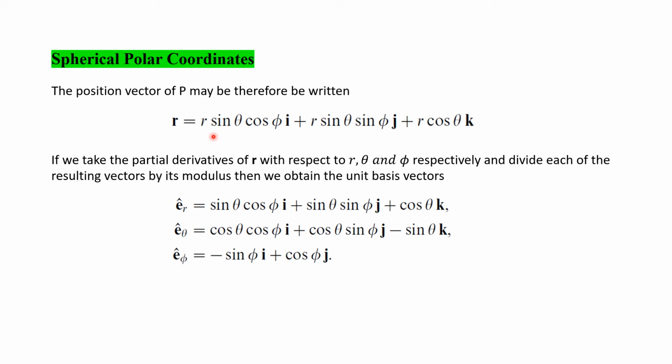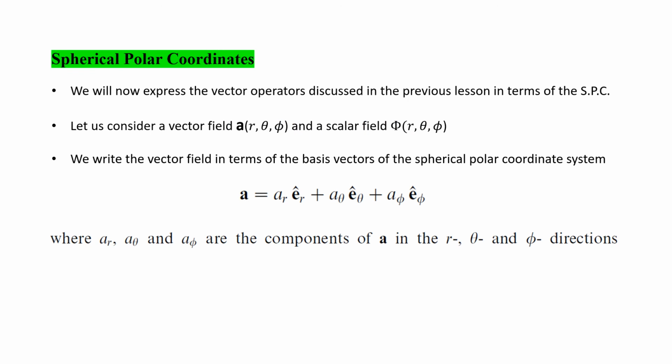And just like earlier, if we take the partial derivatives of r with respect to r, theta, and phi respectively and divide each of the resulting vectors by its modulus, again, when we say modulus, this is the magnitude of your vector, then we obtain the unit basis vectors. You have these 3 unit basis vectors here. Okay,